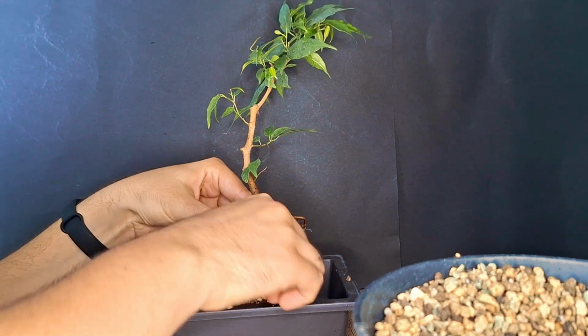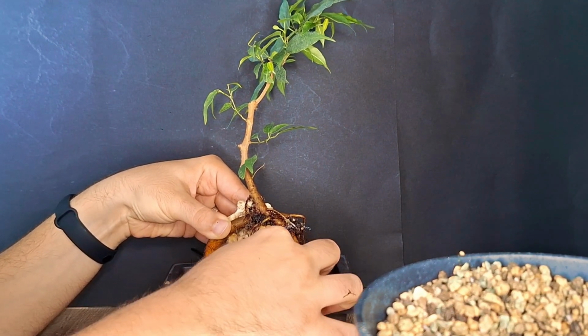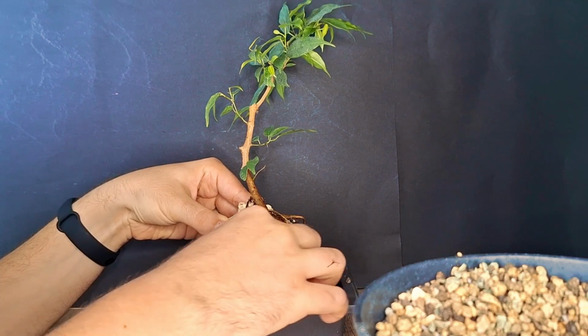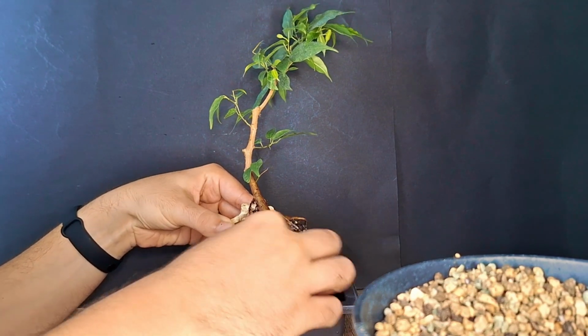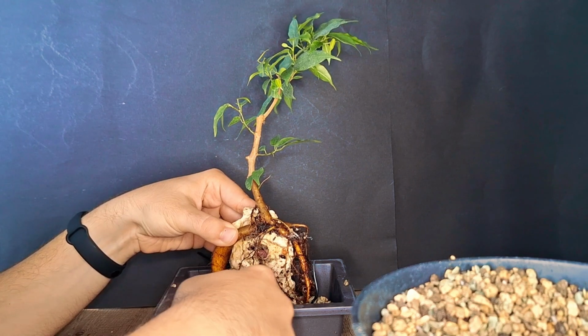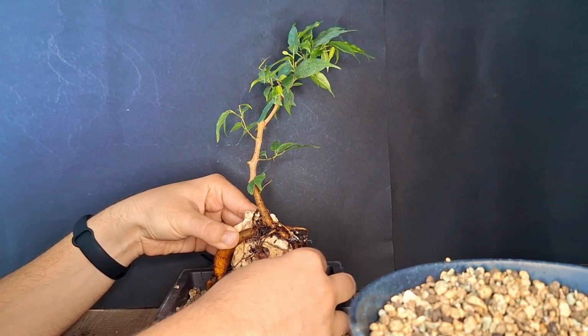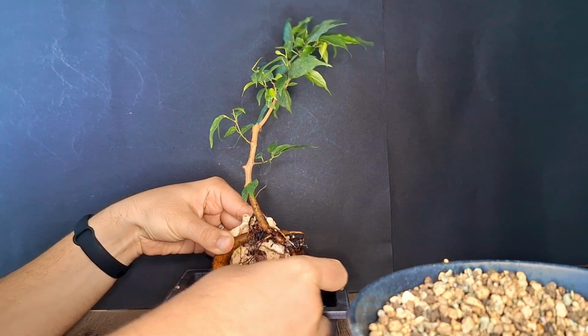We also have some wire in here that I put in to adhere to the stone mainly. So let me see how I can actually tie this in the best way. Remove some of the soil again out of the way, because this stone is quite porous, so we should be able to simply